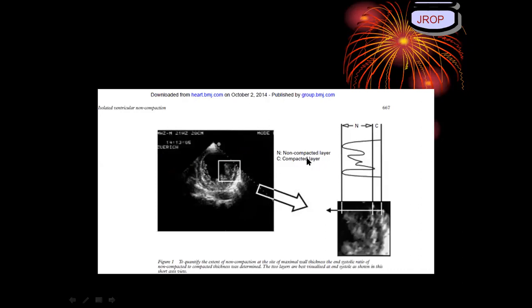How do you say that is compacted versus non-compacted? Look, this is a pictorial diagram. If you look at this segment over here in cross section, in short axis view, this is the compacted part and this is the non-compacted part. Is it clear? The ratio of non-compaction versus compaction is more than 2:1. And this is present by birth, because the majority of dilated cardiomyopathy will appear as non-compacted cardiomyopathy, non-compactions, but they become reversible.